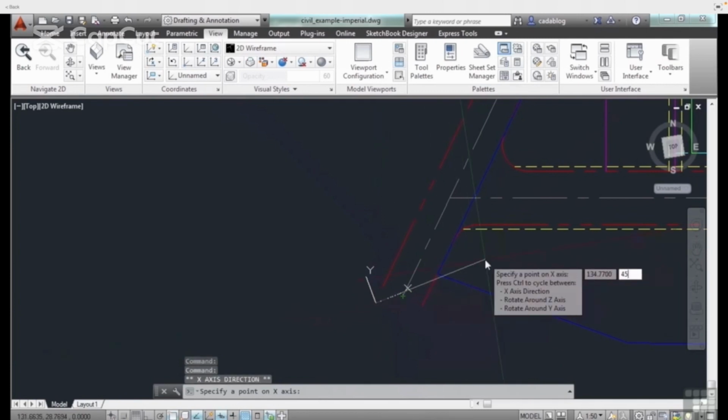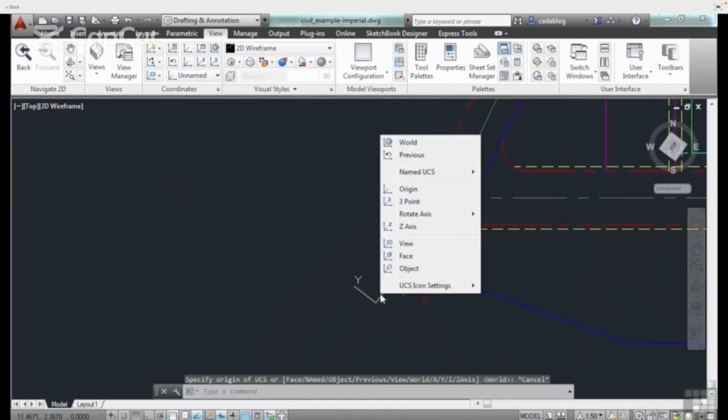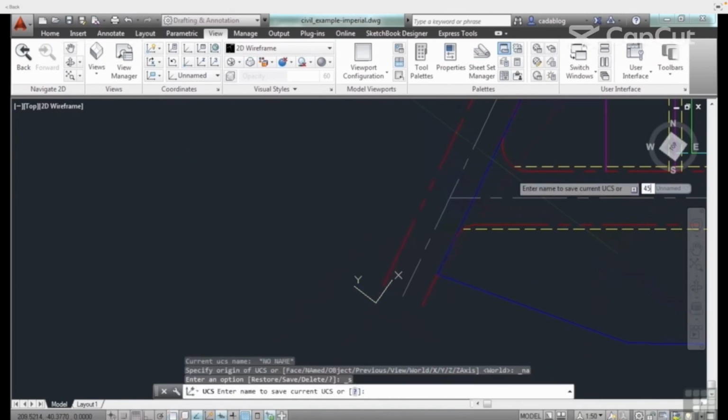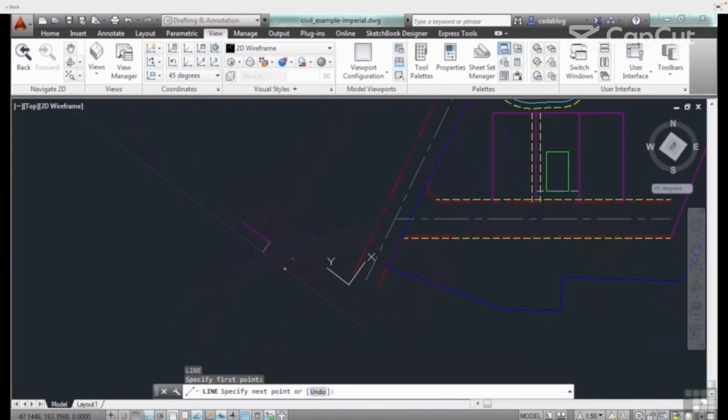I go to 45 degrees. I can save this view, call it 45 degrees. And now, my ortho turned on, I can draw a box